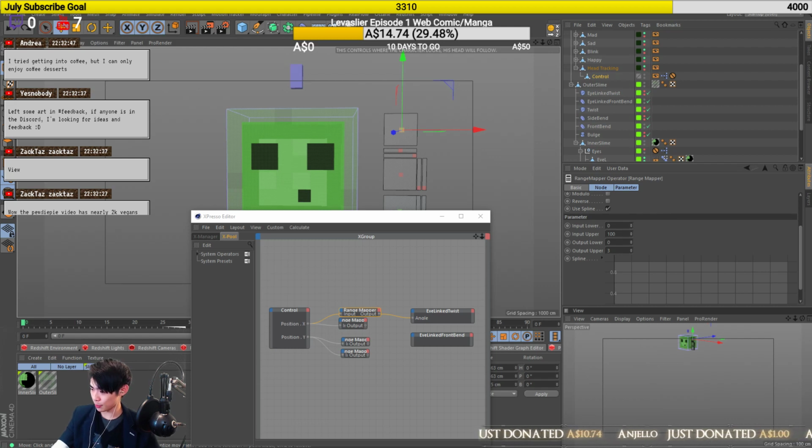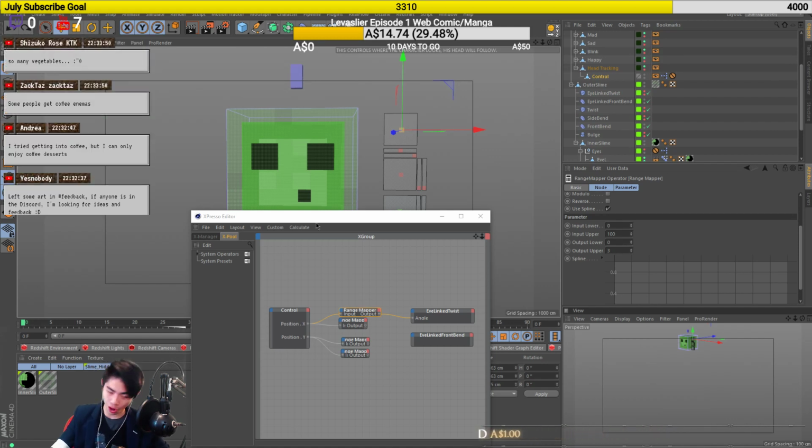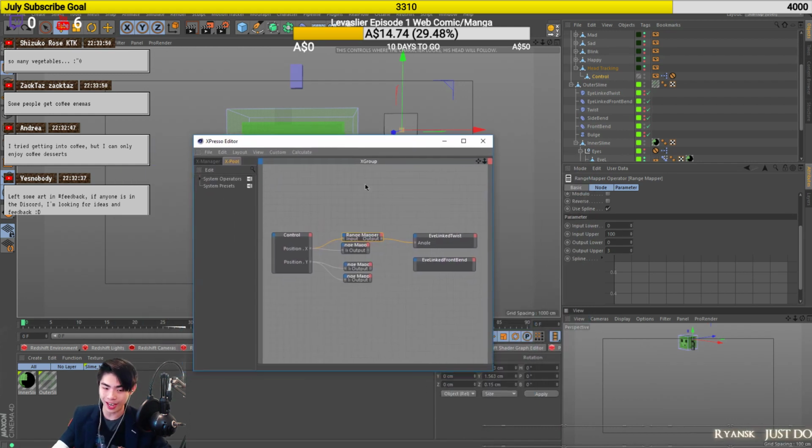Yes, nobody says, left some art and hashtag feedback. If anyone is on the Discord, I'm looking for ideas and feedback. Hey, yes, nobody, you want me to show it on the stream? We could give ideas and feedback all together on the stream as well. I just need permission. As always, I need written permission before I show something that belongs to somebody else, because